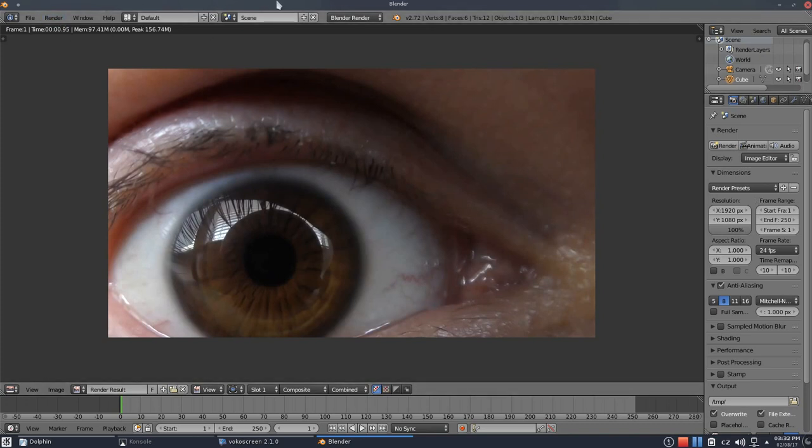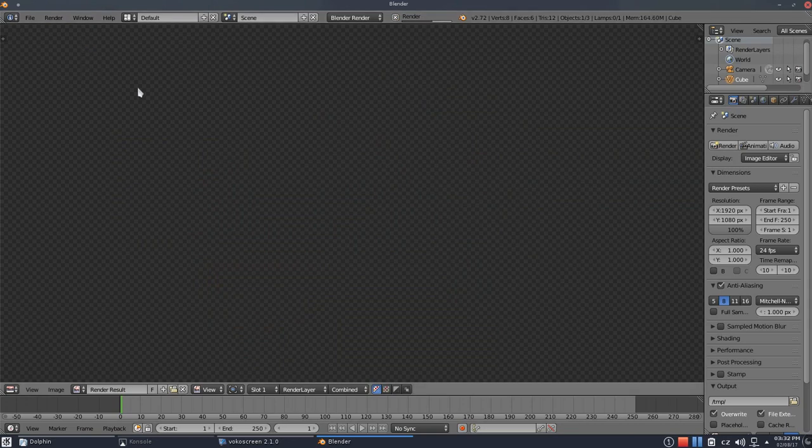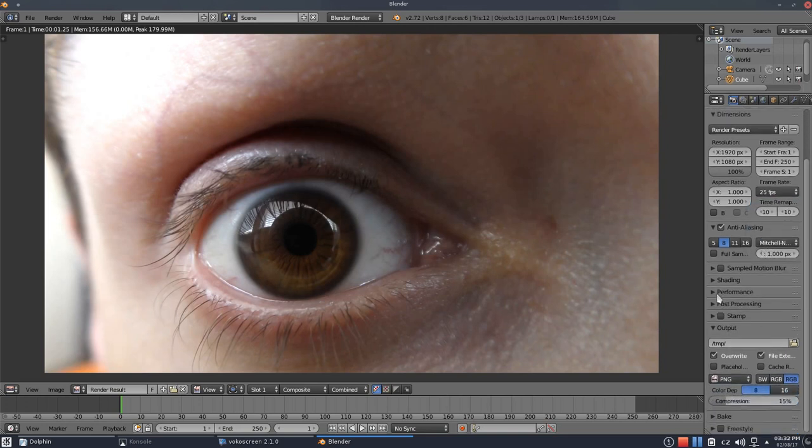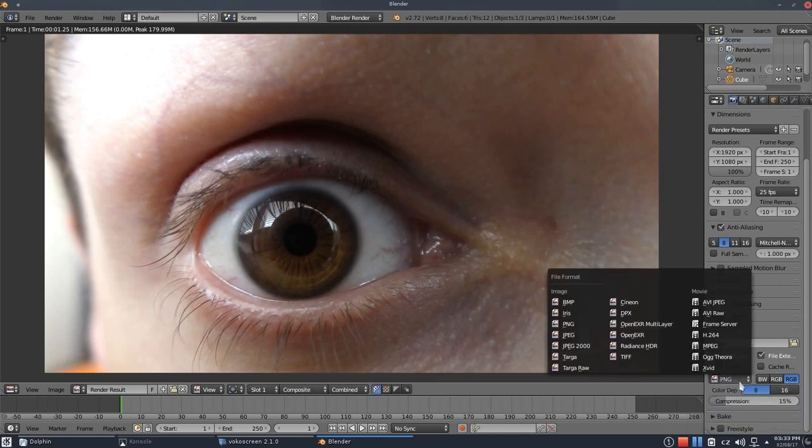So now when we hit render, we should see what we have there, just simply the video. Of course, here is the resolution. As I said, here is the frame rate. It should be 25 for our video. There are a lot of options, and some are related to the 3D scene. What we need is this, and here you have the output. We can set some directory here, and here is the format of the video result. So we want, for example,